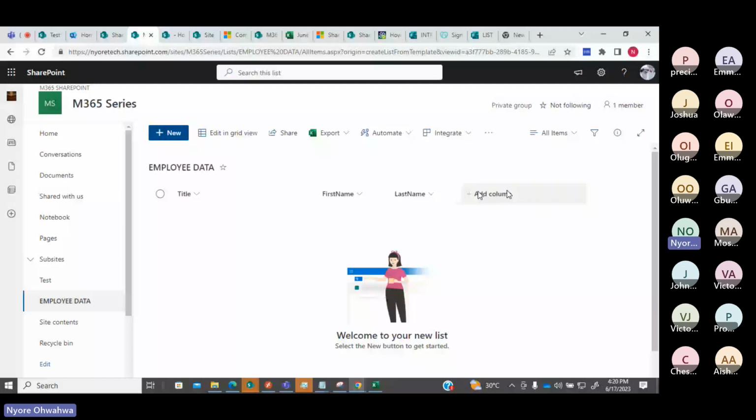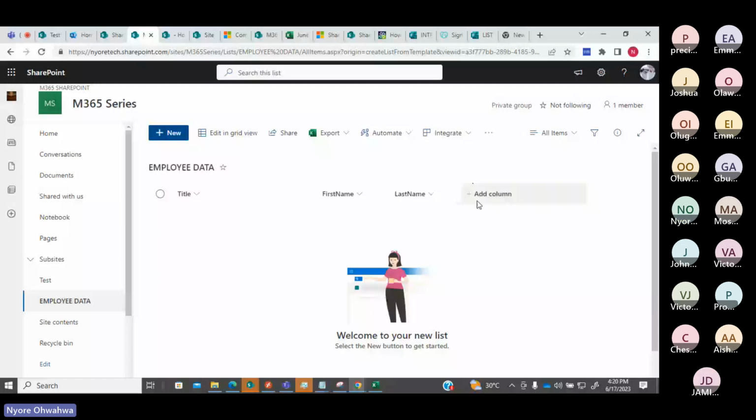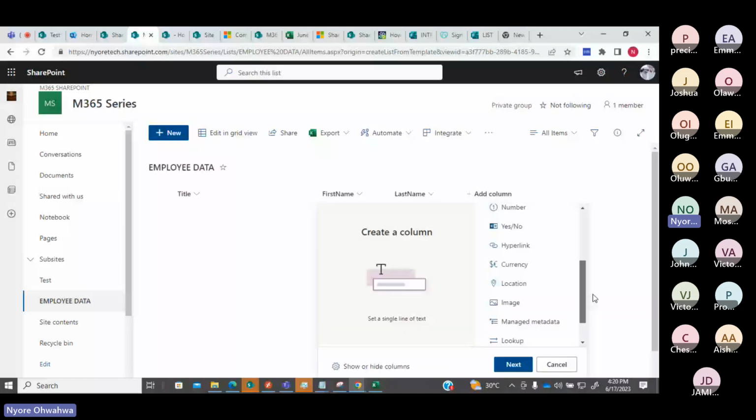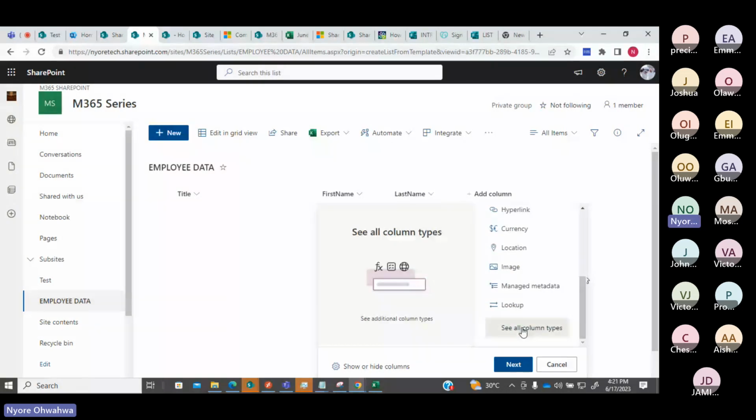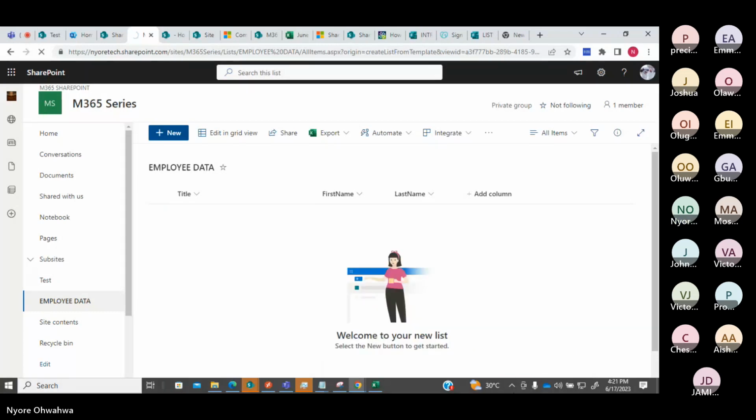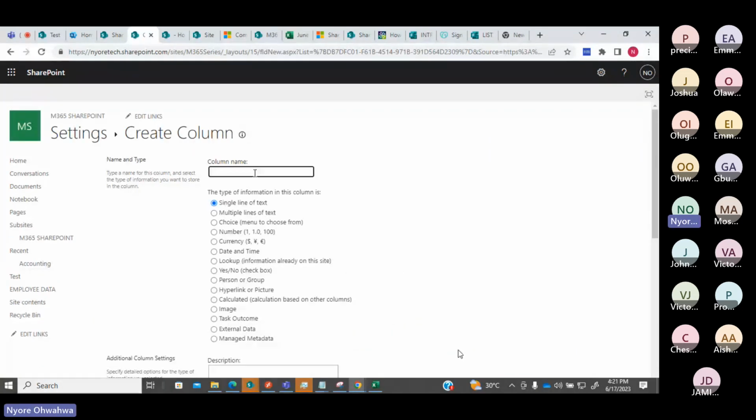So I will come here to say add column, and from here, looking at this, you don't see any option that says calculated column. So I will come here to say see all column types and say next. It will take me to this interface, and I can just say full name.